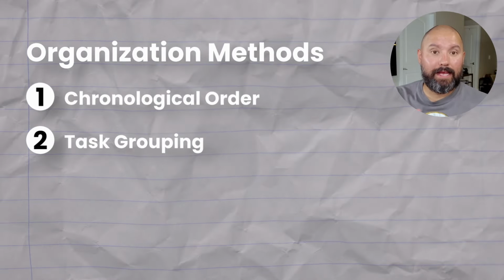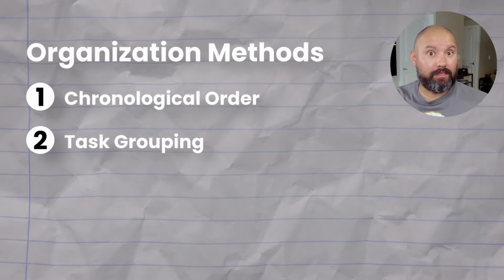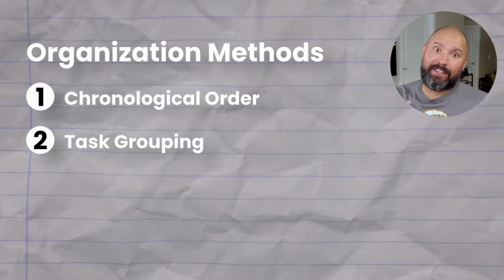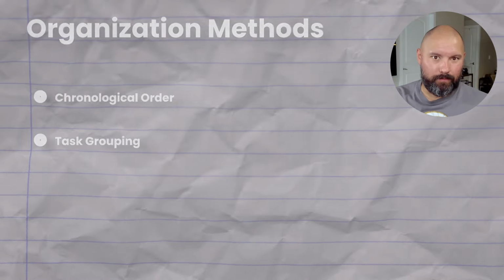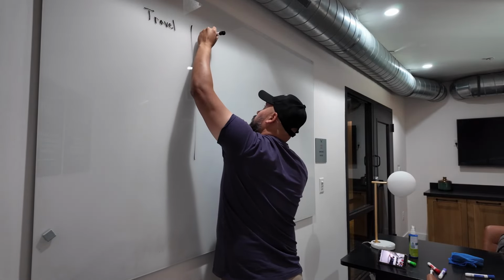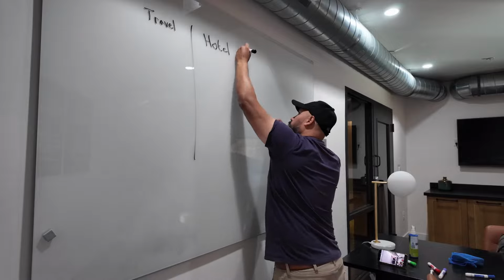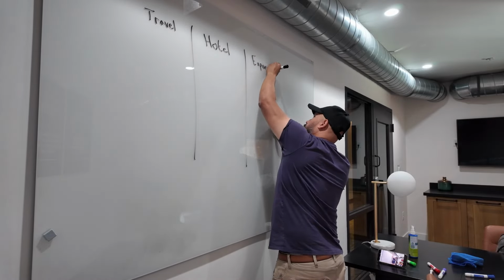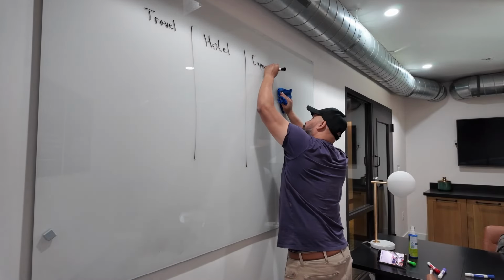Categorizing tasks based on a type or function. This is helpful when your tasks cover different areas that don't need to be done in a specific order. We can group our trip tasks into travel, accommodation, and activities. Under travel, we could have booking flights and arranging transportation, and accommodation includes hotels or rentals, and activities covering sightseeing